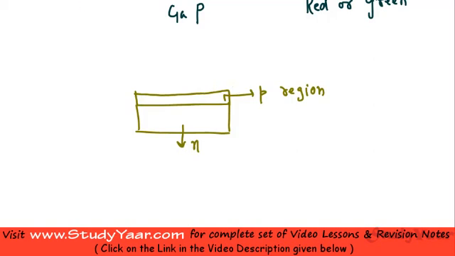Now your N region is coated with a metallic coating, which serves as an electrode, and it also ensures that light is reflected back. Over here you also have your electrodes which are coated like this, could be a metallic coating or some other type of ohmic contact. And what you get is your light which comes out like this.